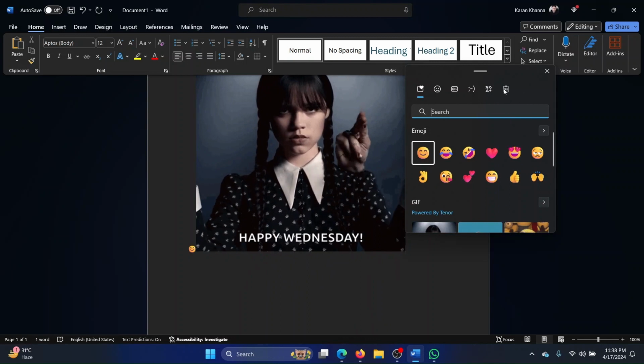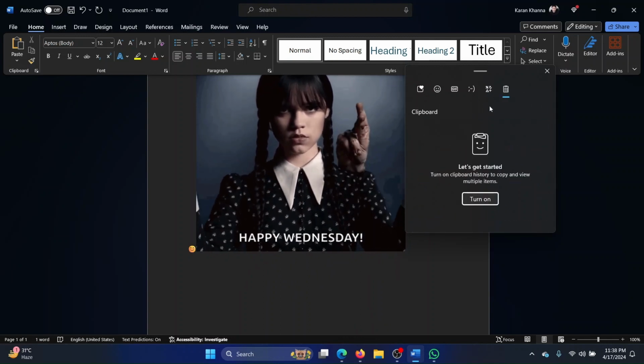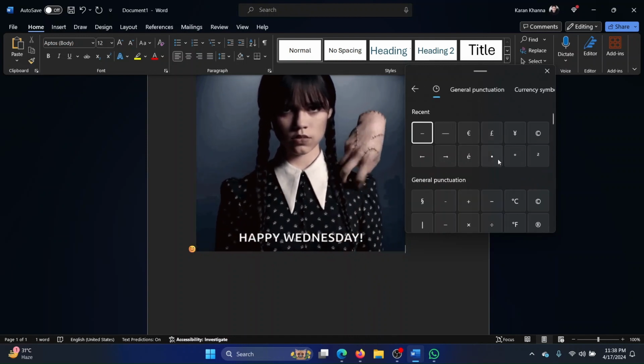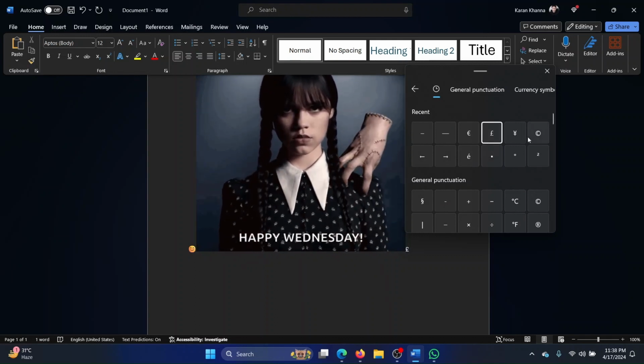And I can also use the clipboard. So the clipboard is where all of this is copied, and from there you can paste it. And I can also use some different kind of punctuations, like I can use the pound symbol or the yen